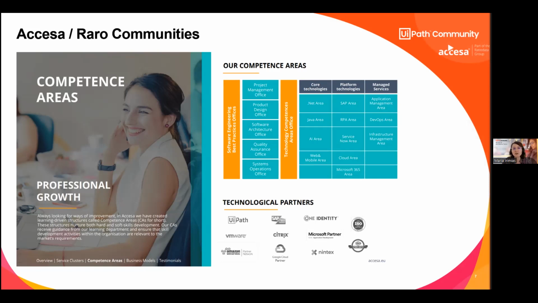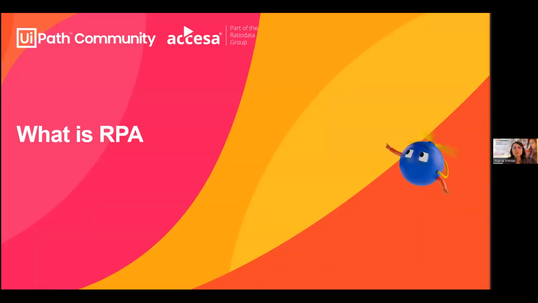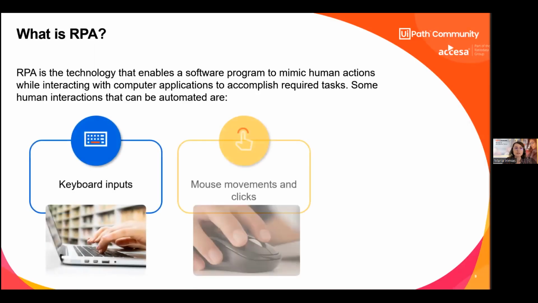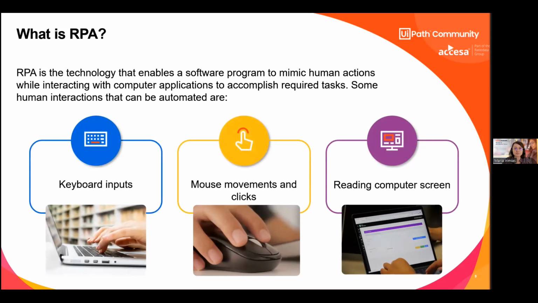But now let's jump into the RPA topic, since we all joined here for this. And I will start by providing you an introduction of what RPA is. And here it's just a big overview about RPA and where it is coming from.